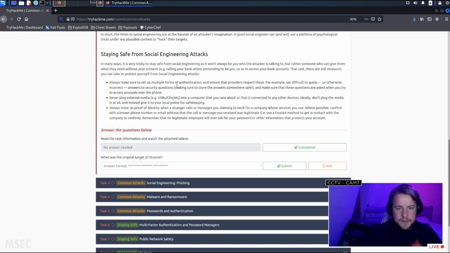Always make sure to set up multiple forms of authentication and ensure that the providers respect these. For example, set difficult to guess or otherwise incorrect answers to security questions, which is great until you forget the question. Making sure that you store the answer somewhere safe. Oh, there we go. And make sure that these questions are asked when you try to access accounts over the